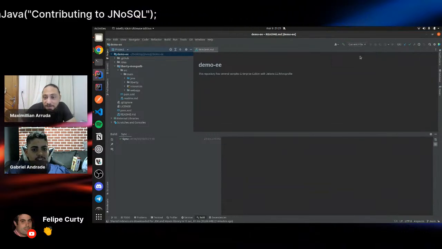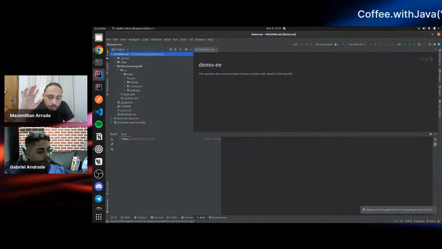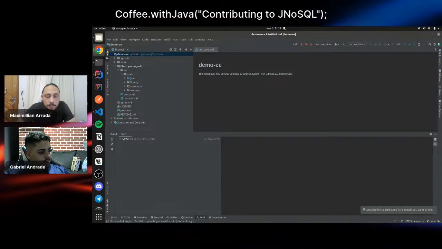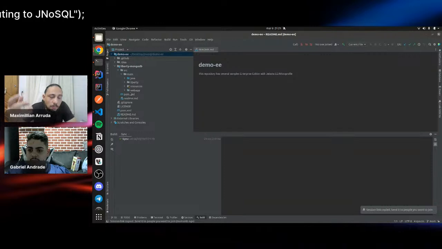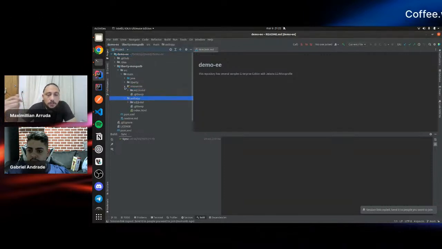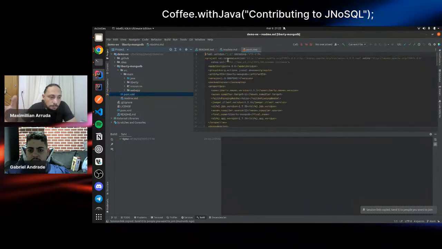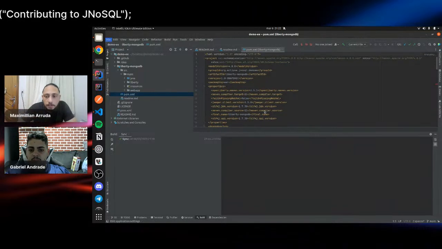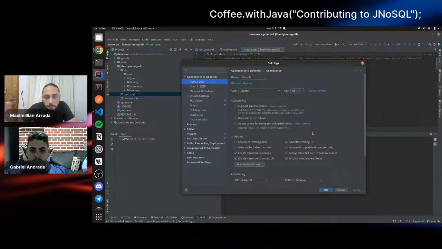How are you doing, man? Thanks for being here. So, first of all, what do we need to do? In the last session with Otavio, we created a repository responsible for holding code samples using JNoSQL. This repository is a multi-module Maven project. We created a little module called Liberty MongoDB.